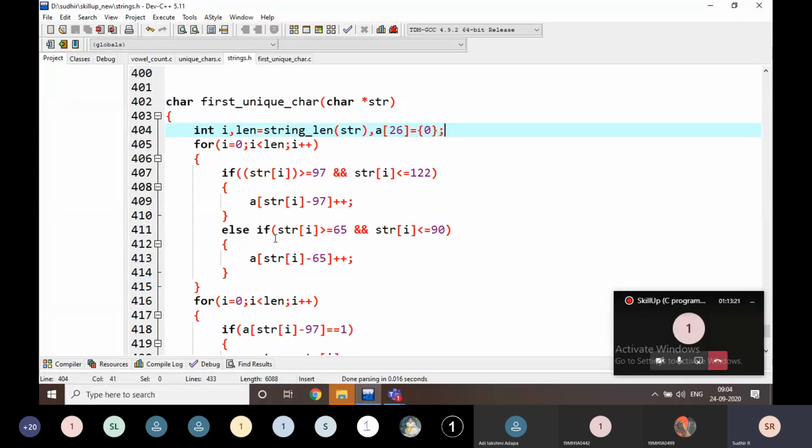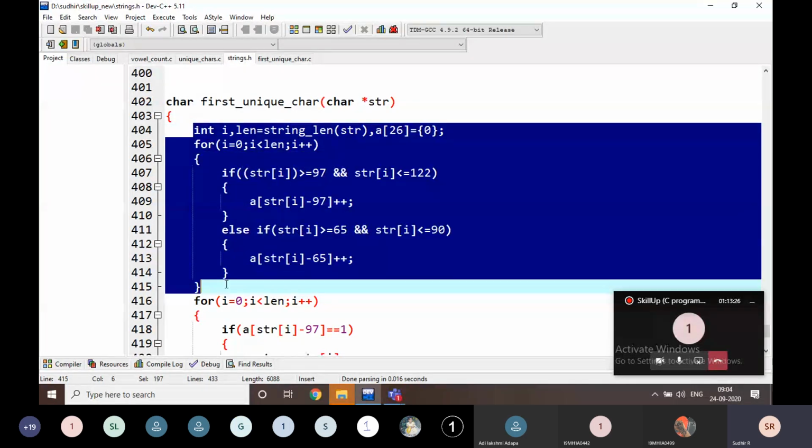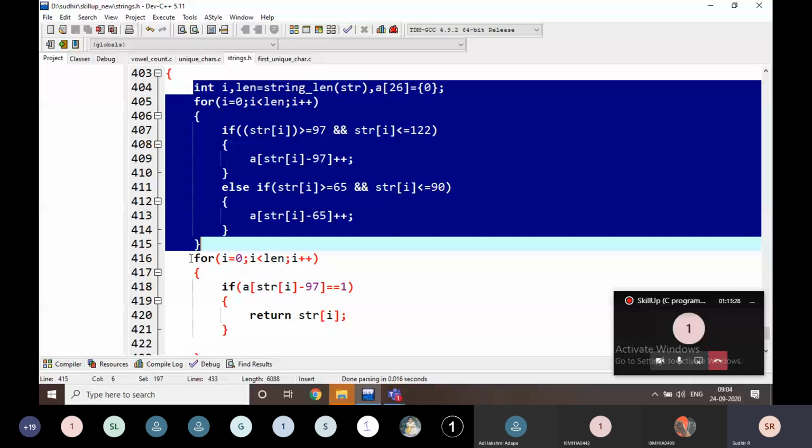The first unique character in a string. I think everyone is aware of this one, right? Just note down this logic.